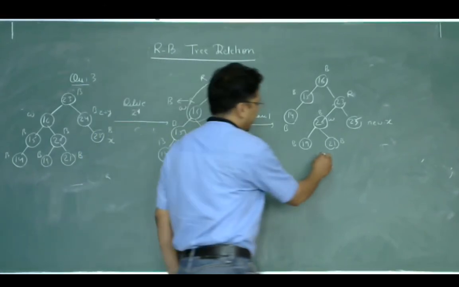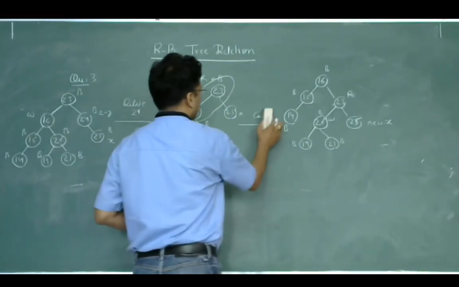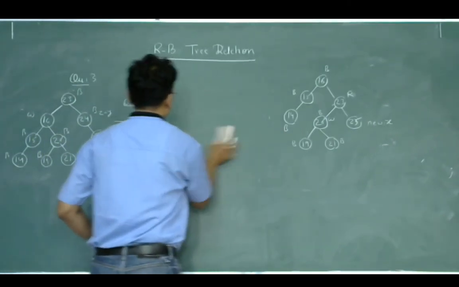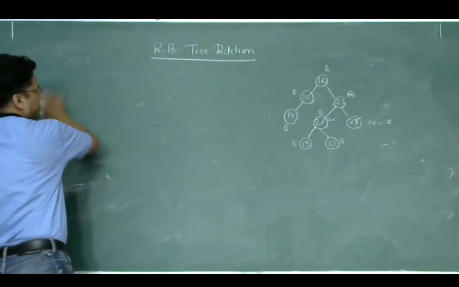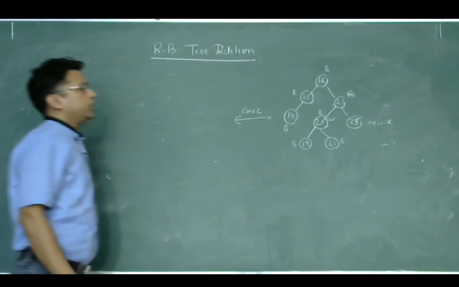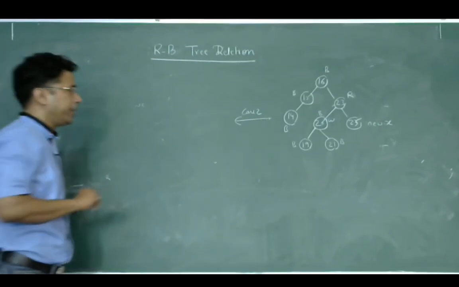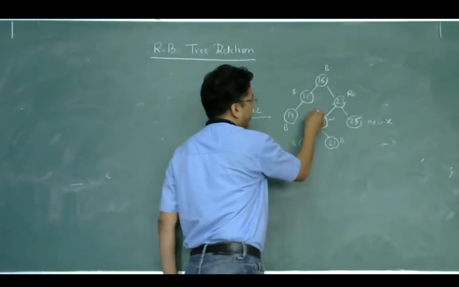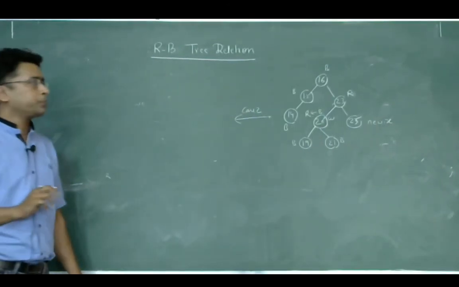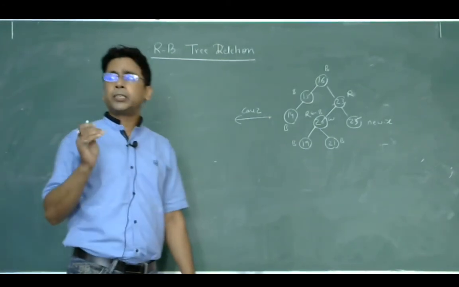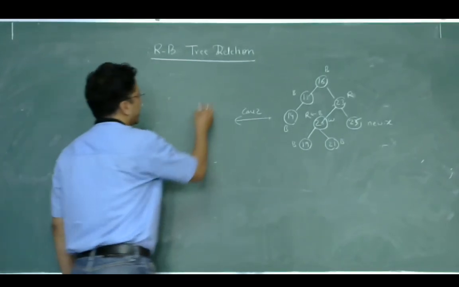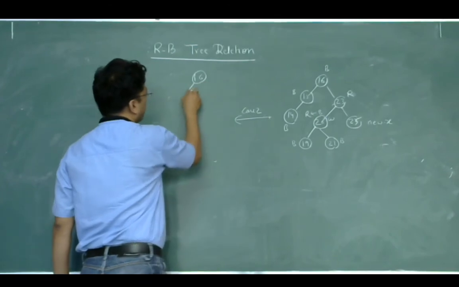So we shall apply case 2. Applying case 2, I am rubbing this part and will write it again in the backward direction. In case 2, we change the color of the sibling into red, and the value of x becomes the parent of x. This is the simplest case. Just the x pointer shifts to the parent and the color of the sibling changes to red. So after this, it will look like this: